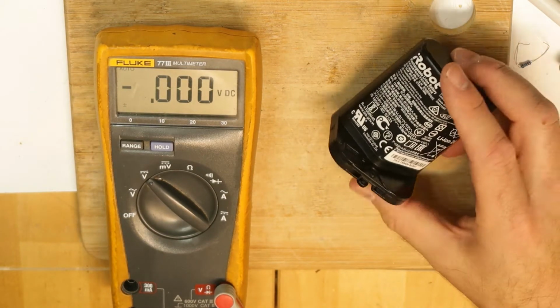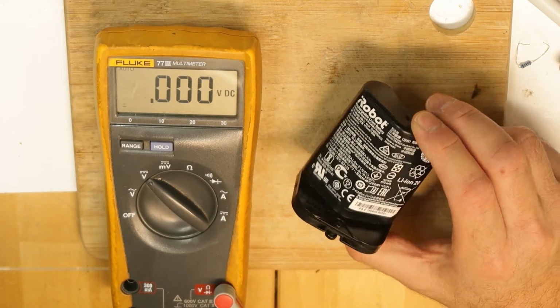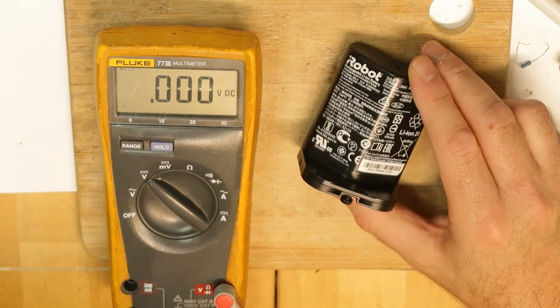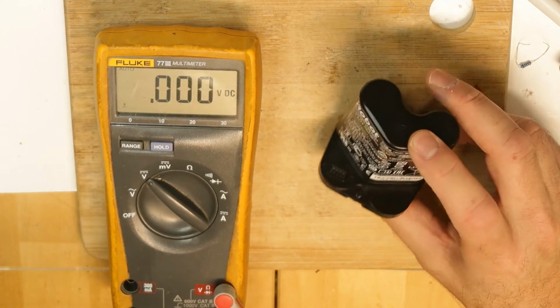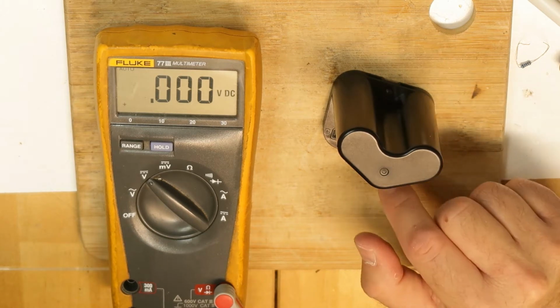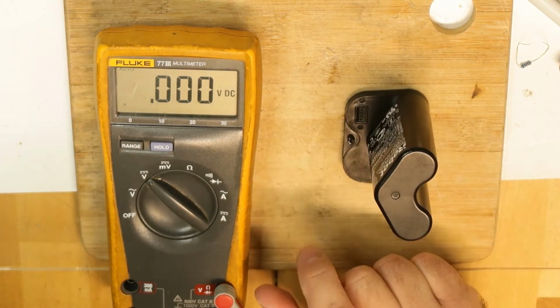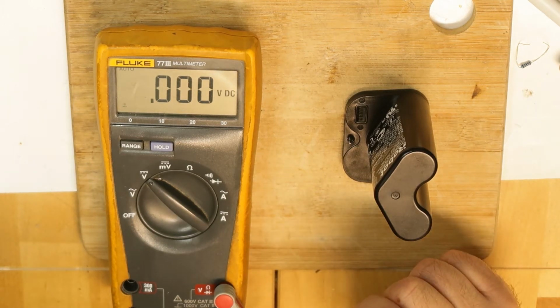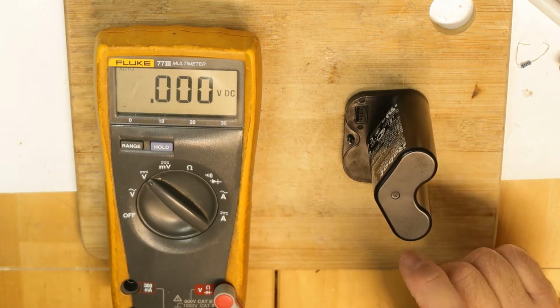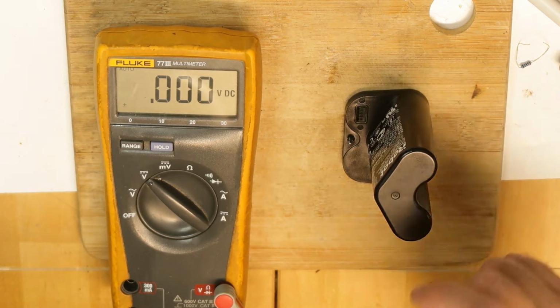So I'm pretty curious to know if there is a BMS inside, any battery management system, or maybe the battery management system is in the iRobot device, and these are just the cells, because it can be, because we can see we have 1, 2, 3, 4 contacts. So we need, if we have 3 cells, the plus and the minus, and then 1, and yes, we have